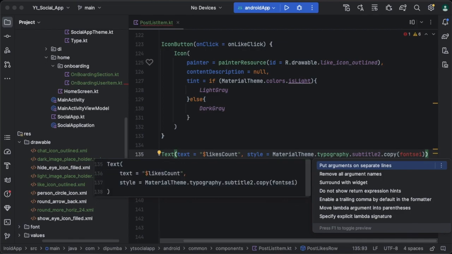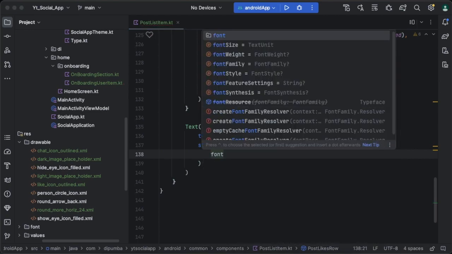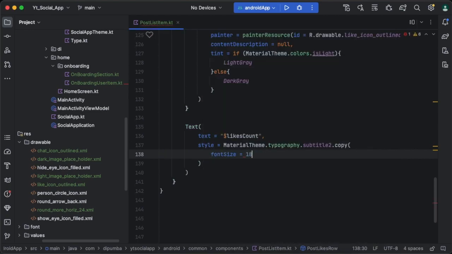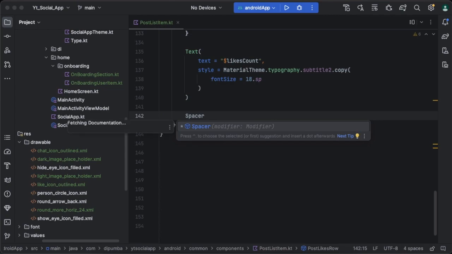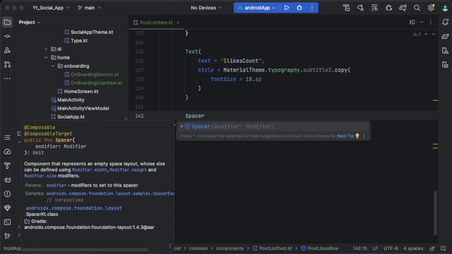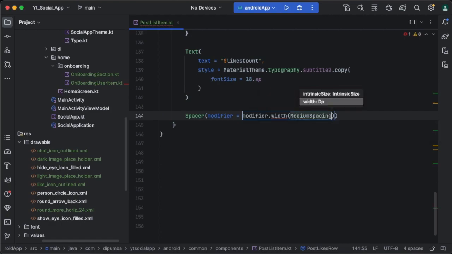Alright, so let me put argument like so. So we're going to change the font size, and we will use 18 sp. I think that will be fine. We need to have a Spacer to separate the likes count and the comment icon. So Modifier.width, medium spacing,